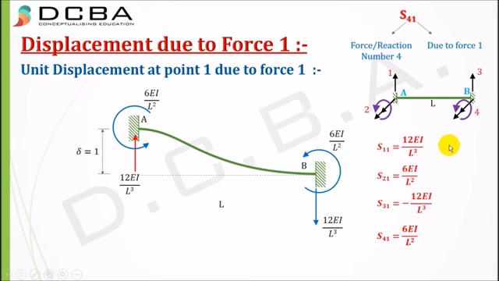Now if you have worked with matrices previously, then you must know that S11, S21, S31, S41 forms a column of the matrix. Whatever elements of stiffness that you get by displacing due to a force will be the column of the matrix. So due to displacement by force 1, S11, S21, S31, S41, we get the first column of our beam element matrix.